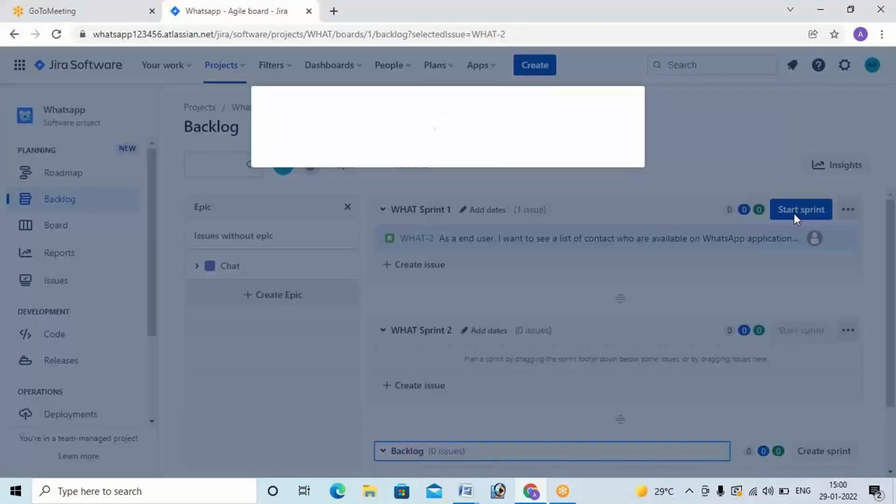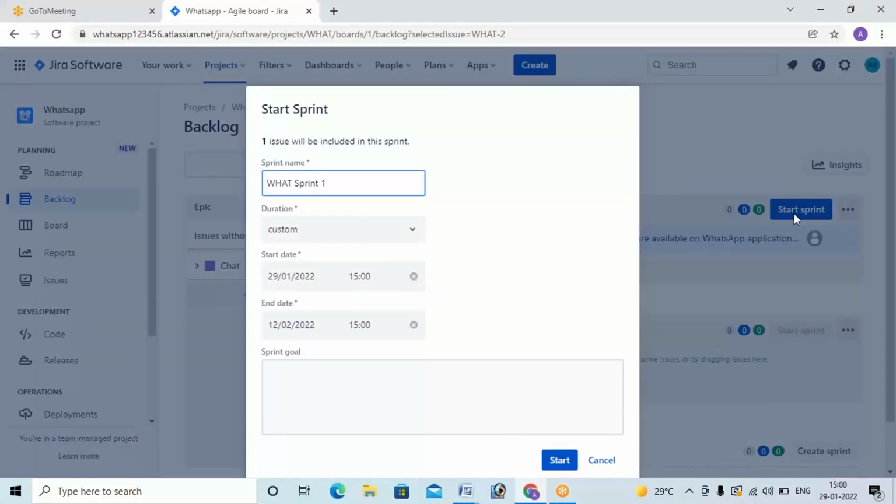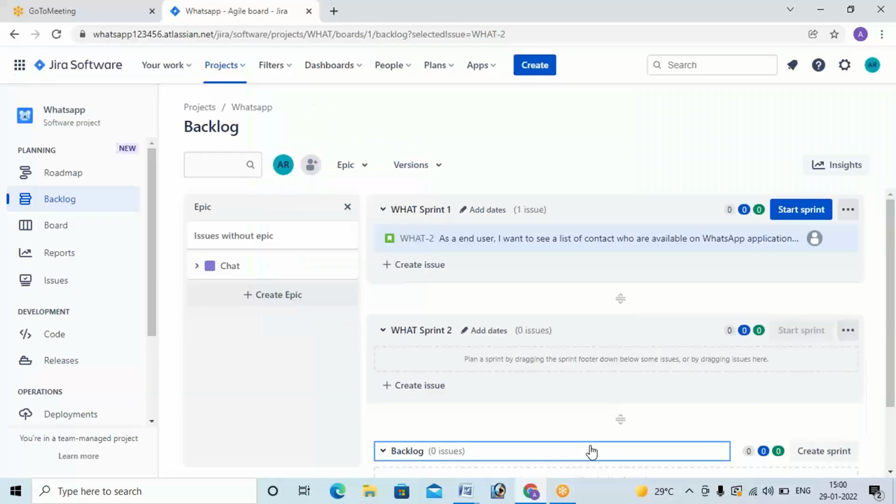Okay, start the sprint. Before this, see, I didn't assign anybody, and I haven't given a story point as well. Let me tell you, here story point means how much time this requirement takes